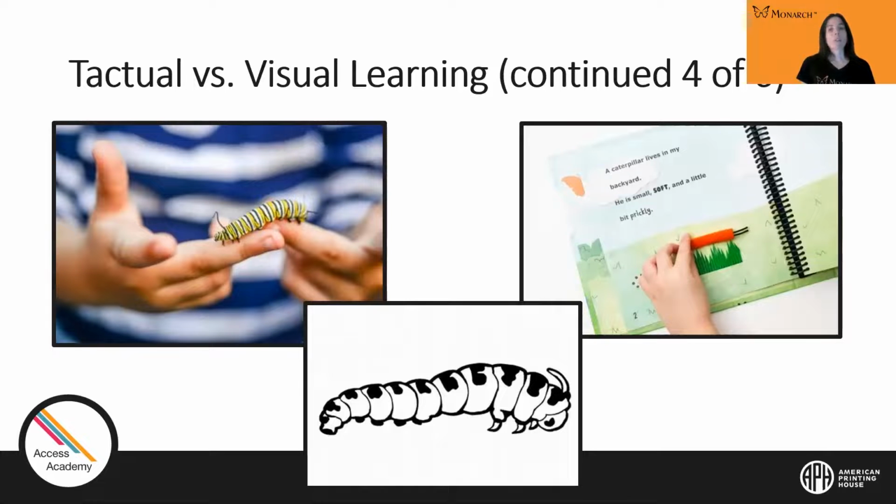As an example, I have on this slide 3 different pictures. The first picture shows a real caterpillar that a child is holding, and the caterpillar is pretty large. And so it's stretched across 2 of the child's fingers, 1 on each hand. The other 2 pictures are tactile representations of the caterpillar. The first of these shows a textured collage that looks like maybe some thin plastic and a piece of felt and maybe a little bit of string to represent a caterpillar that is crawling on grass. And then the other of the pictures shows a black and white image that could also be a raised line